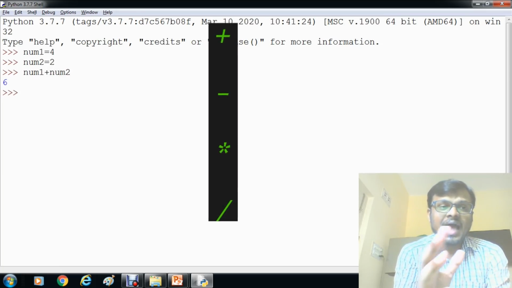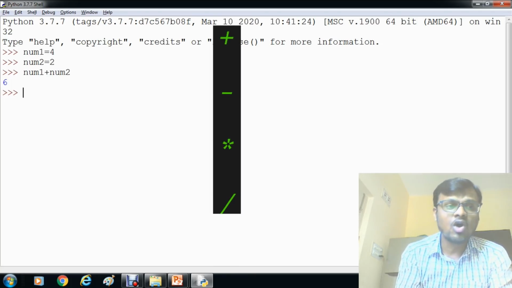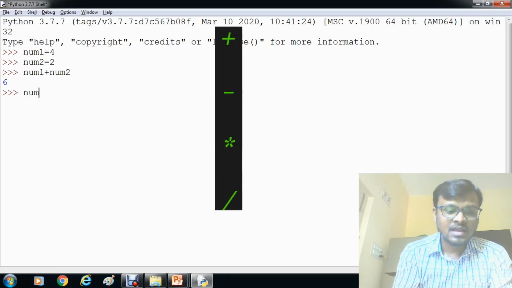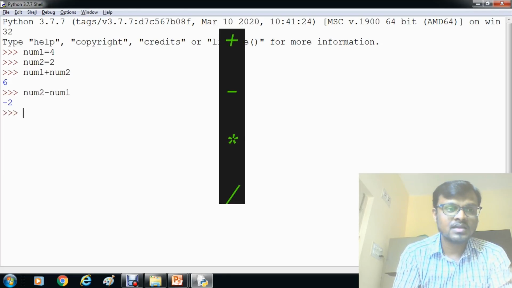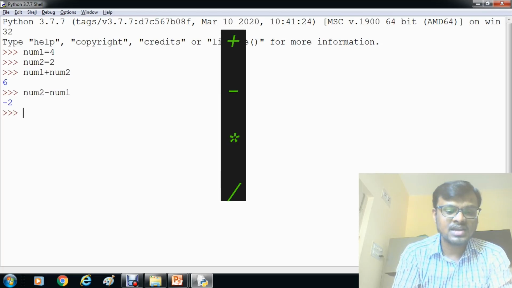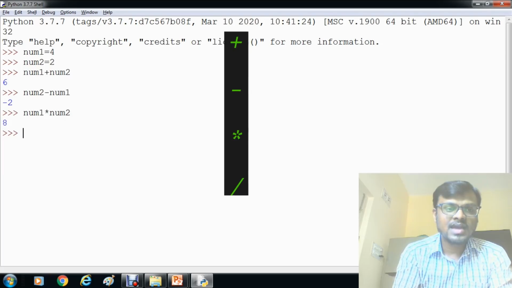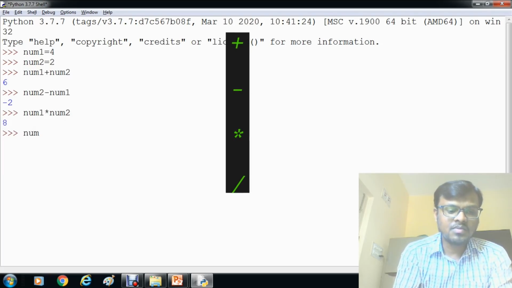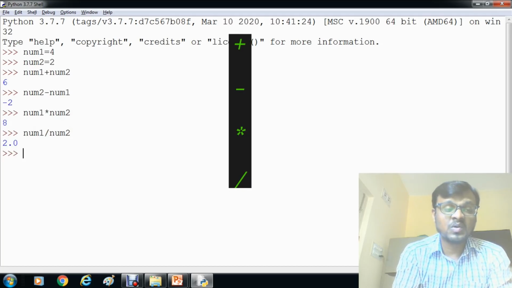This expression adds the two values present in the variables num1 and num2 and provides the output. In the same way, num1 minus num2 gives 2, num1 multiply num2 gives 8, and num1 divided by num2 gives 2.0.